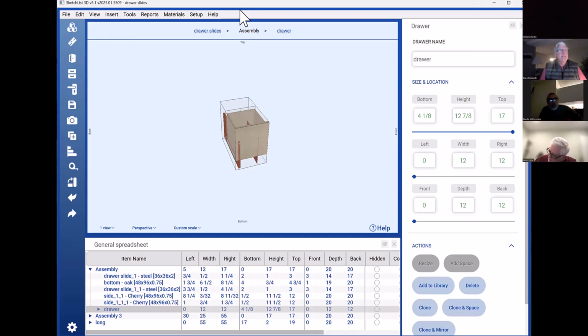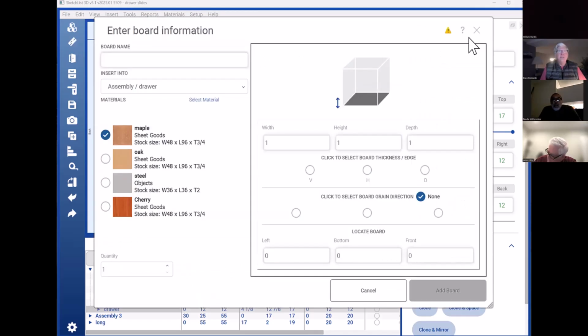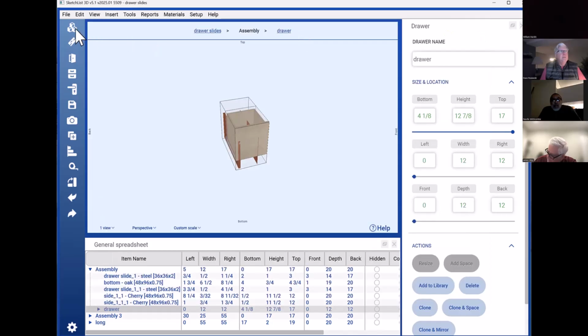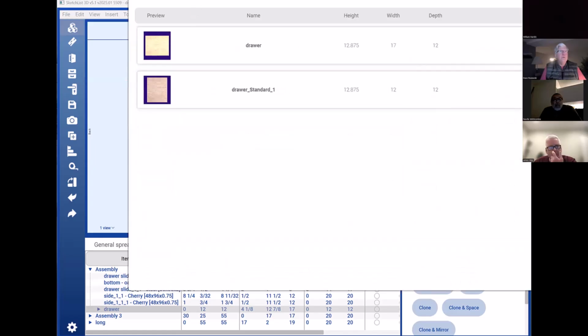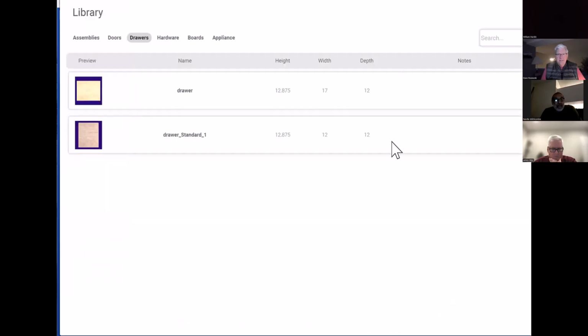Right. Yeah. So now what we do is we have the new drawer inside the library. So now, set up. I want to come in here and say from the library, I'm going to go to the drawer category. Now there's my drawer. You see it? Okay. Started out with this one, and we ended up with this one that's 12 inches wide, and that's 17. So if that's